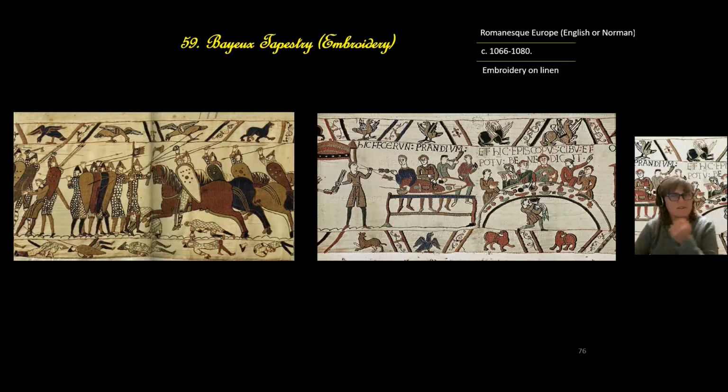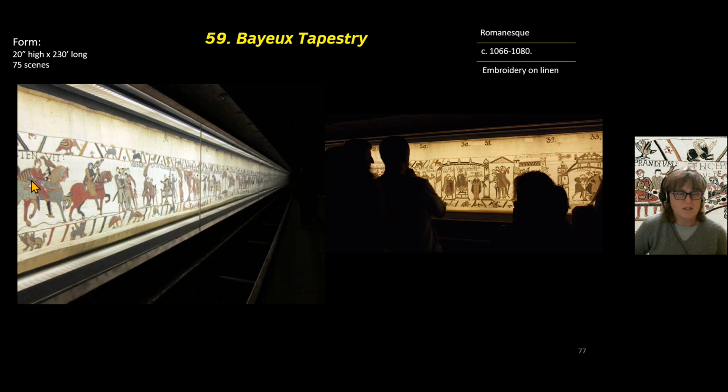It's the Bayeux Tapestry or Bayeux embroidery, piece number 59. It is embroidery on linen, and when you see it in person, it's quite amazing. It is 20 inches high, this piece of linen, but it's 230 feet long. It has 70 different scenes in it,